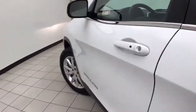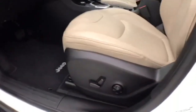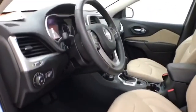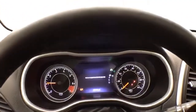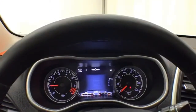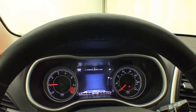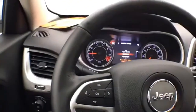This Limited has keyless entry with remote start, power windows, locks, mirrors, power driver's seat, along with a tilt and telescopic steering wheel to put you in that perfect driving position, oversized panoramic moonroof, easy to read gauges with driver information system, as well as customizable dash, all controlled by buttons on the steering wheel,